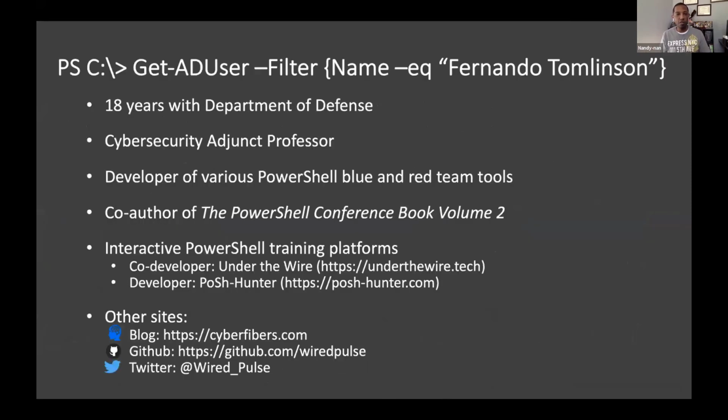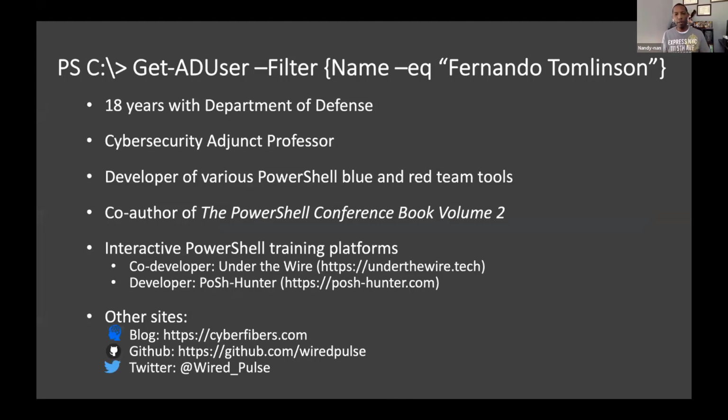So I'll start by introducing myself. I'm with the Department of Defense, namely the Army. Been with it for 18 years. Right now I do forensics and malware analysis. Previous to that, I was a technical director of an operations center in which we did cyber operations of all variants. I also am an adjunct professor where I teach Python and digital forensics. I do that as an effort to give back, if you will.